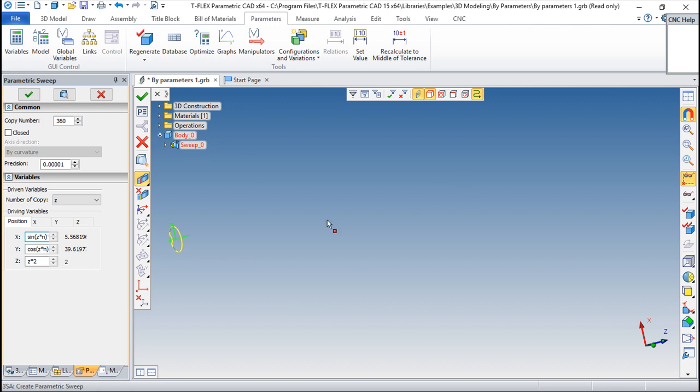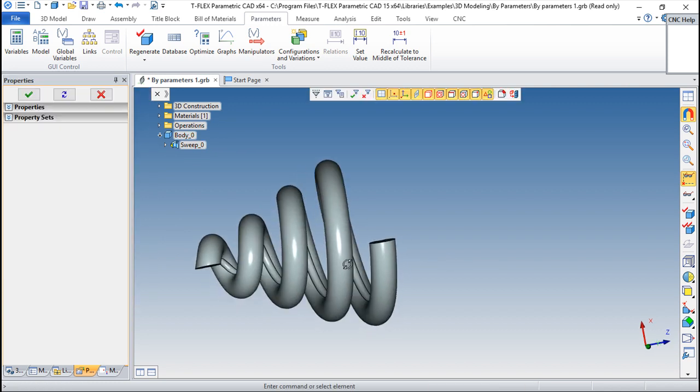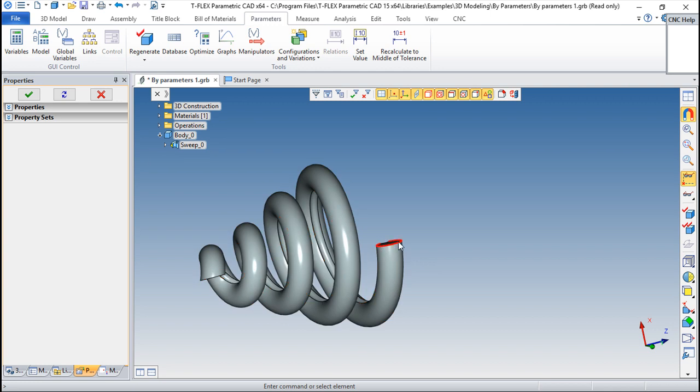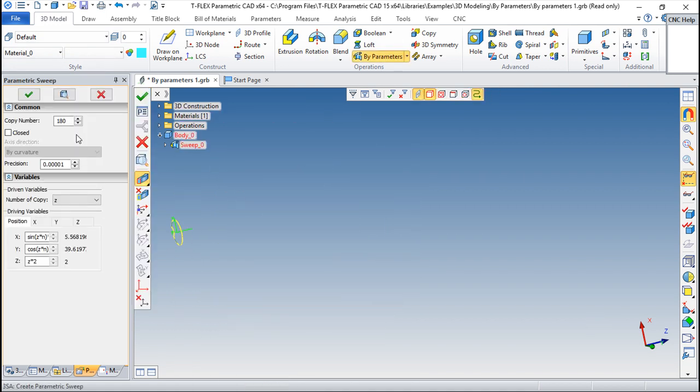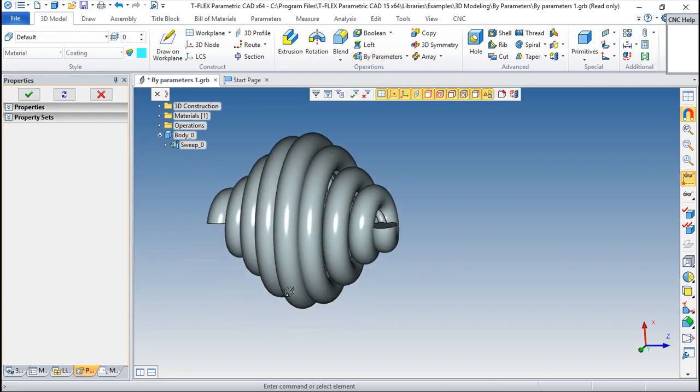For example, if I say I don't want the copy number to be 360, I want it to be 180. Let us see what happens. You see that I only build half of this part. So 360 again. For example, I can go here also to Z2. If I say Z, so it will be only 1, it will be a much more closed shape,